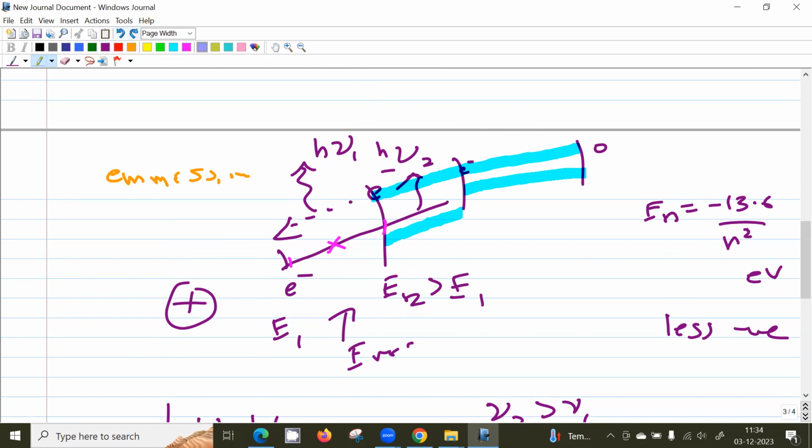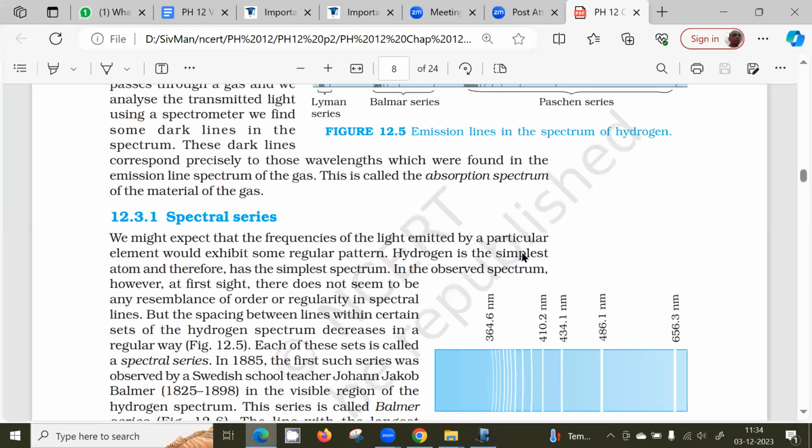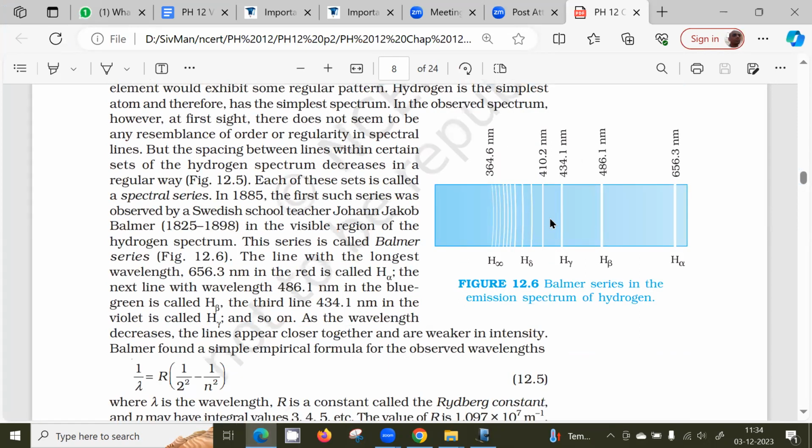That's why in this spectrum, you see a line here and there's a gap. There is no emission for these frequencies, and there's a gap, and there is emission corresponding to this wavelength or frequency. So this can be explained only by Bohr's model, not Rutherford model, because Rutherford model does not put any constraint on the value of R. But Bohr's model puts the quantization condition that R can be only at particular values.